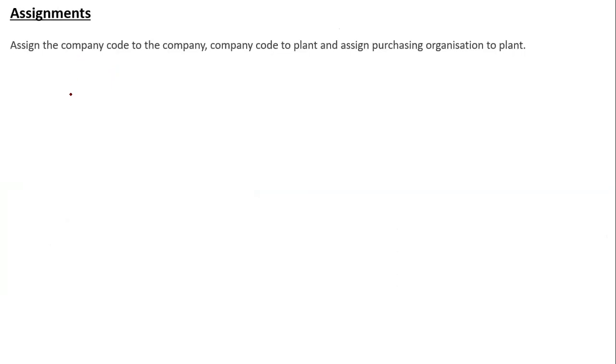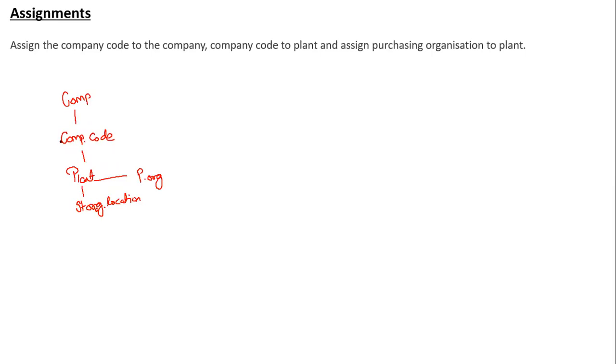If we look at the organizational structure, we have a company, under that company we have a company code, under that company code we have a plant, and under that we have a storage location. Under the plant we also have a purchasing organization.